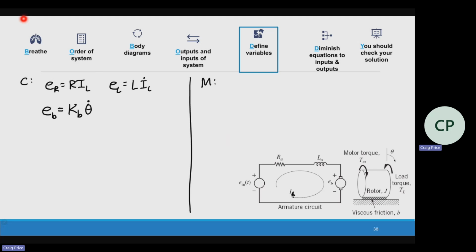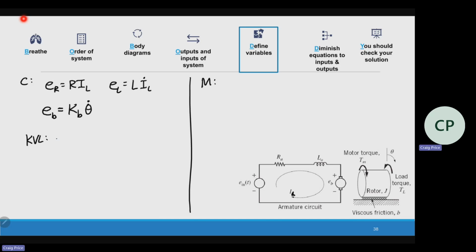Any other definitions for the circuit? Anything that might be helpful? We have the three different elements here. I have the inductor right here. Voltage related to the current. But what's our Newton's second law for the circuit? How are we going to put them all together? KVL. Thank you. So KVL,